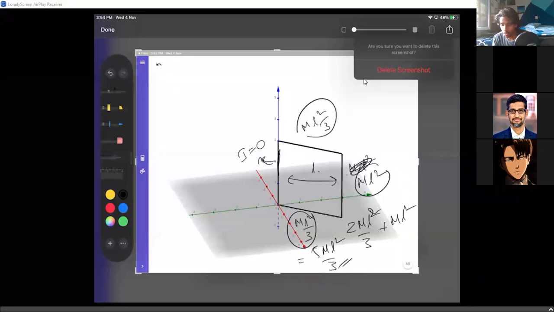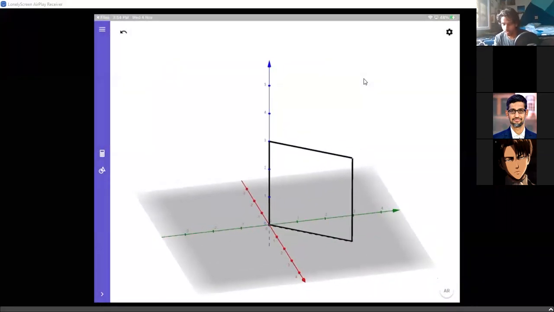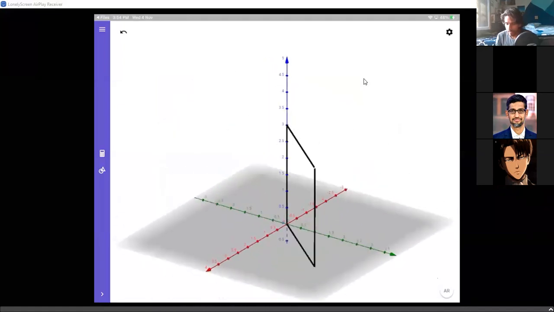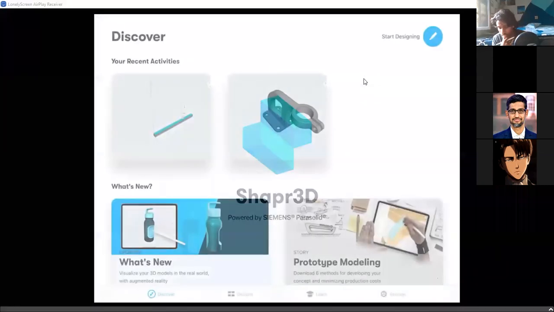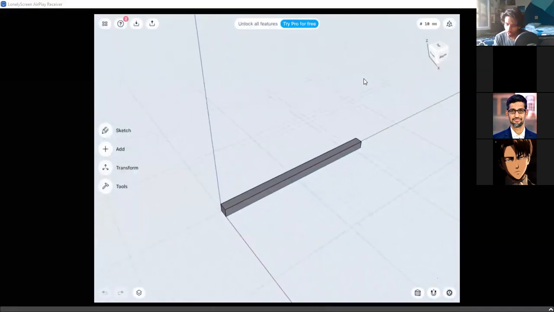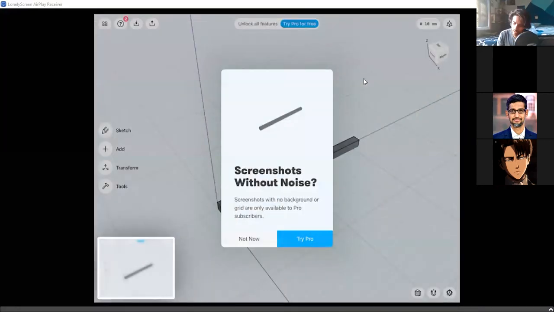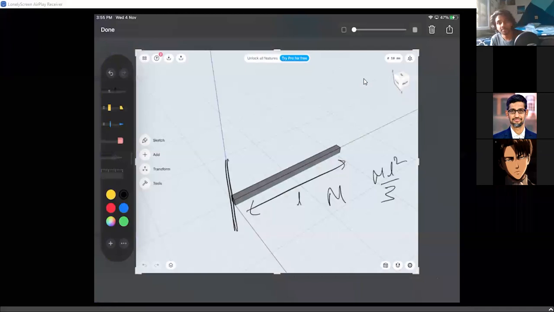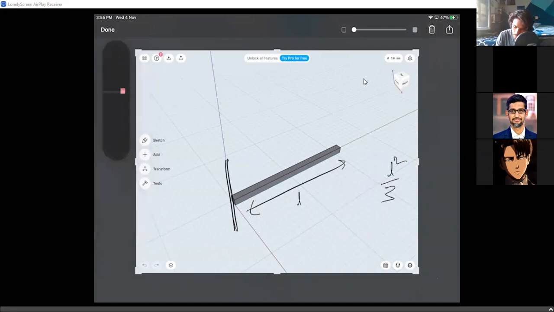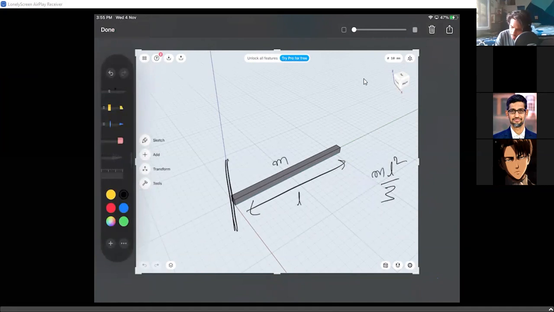Now, I want you to understand one more idea here. Why not I show that in the other app? In the Shaper, I'll show it. You'll get a better idea. Let us say this is a rod of mass m and a length L. And this is the axis of rotation. So obviously moment of inertia is mL square by 3. Let us write these masses as small m so that you don't get confused. So mass is m, so moment of inertia is mL square by 3.